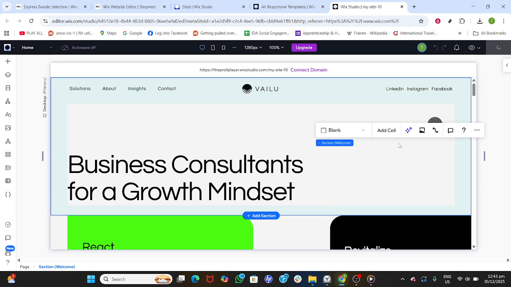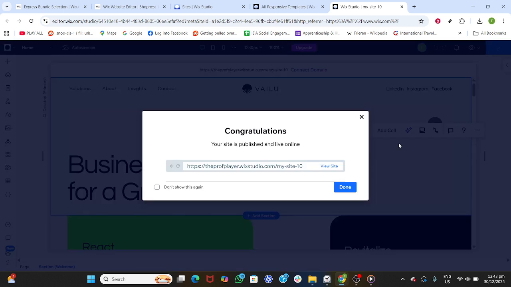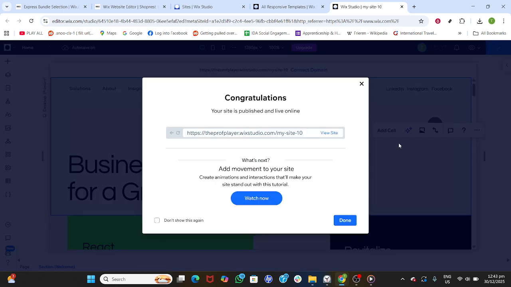That's it. You've created a website on Wix without AI, using the Studio template workflow, explored the editor's